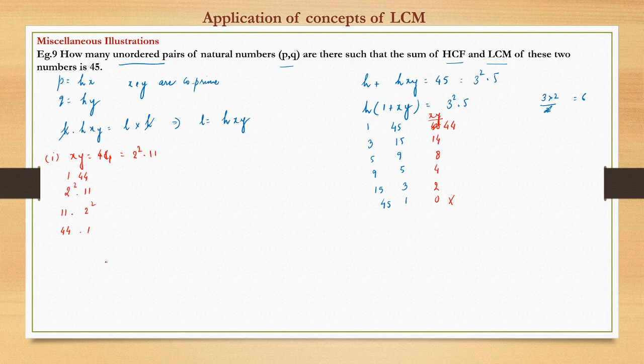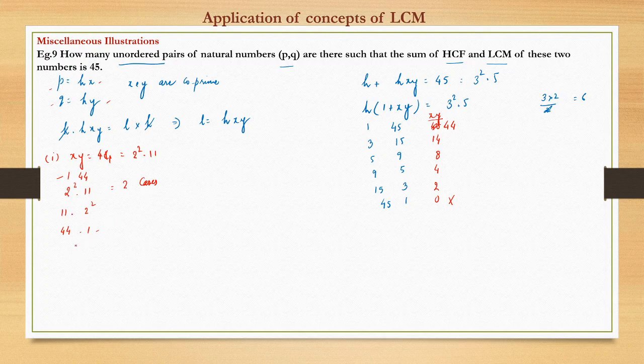But we have to find the number of unordered pairs, because we are not concerned about p and q. It can be p and q, q and p, same thing, unordered pairs. So it's coming 4 ordered pairs. In one instance x is taking 1, in another instance y is taking 1, and 44. So those are not two different cases, one case only because of unordered pairs. So it will be nothing but 4 by 2, that is two cases here, right?